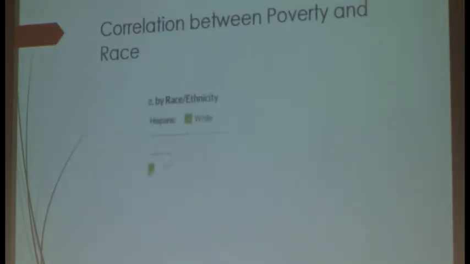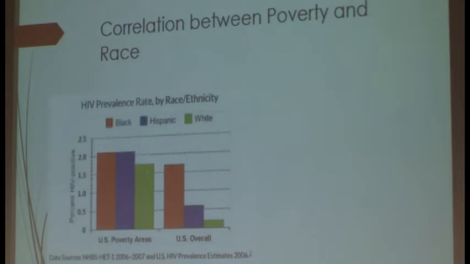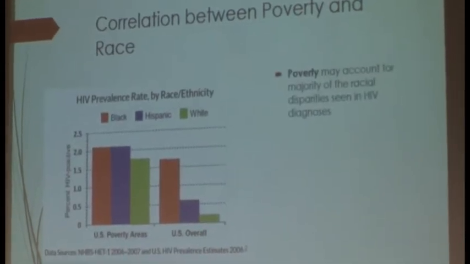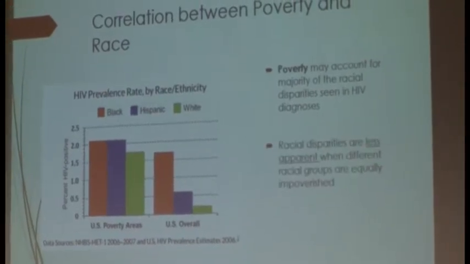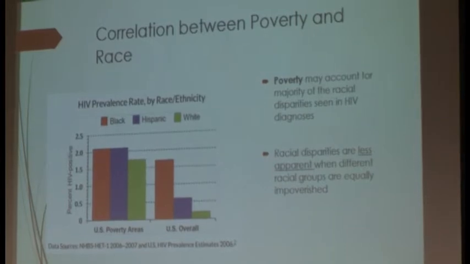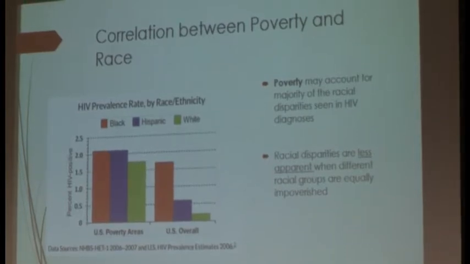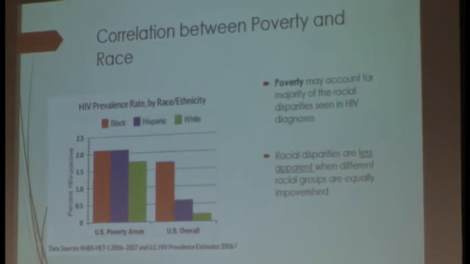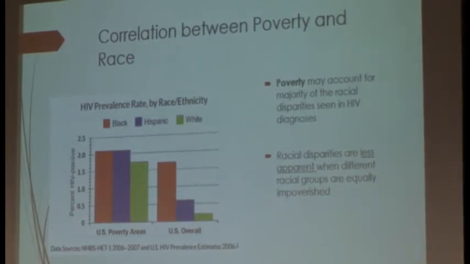So there is definitely a correlation between poverty and race. This chart shows that poverty, though, may account for the greatest disparity versus just looking at race alone. But as we know, race and poverty are definitely correlated. African Americans tend to be,